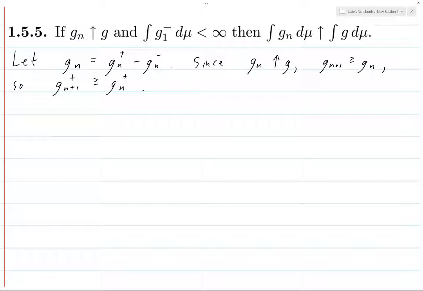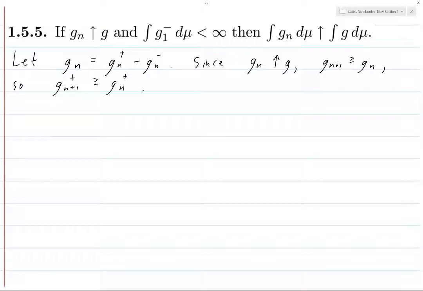If gn minus is positive, then gn plus is 0. And so therefore, because the gn's are always increasing, if you look at gn plus versus gn plus 1 plus, it can only go up, because that's going to be the only thing contributing to the increase